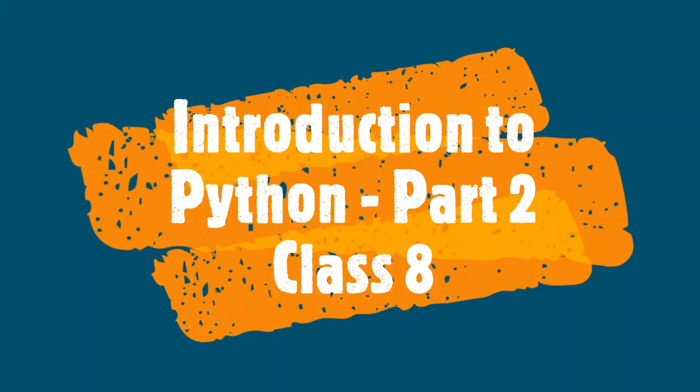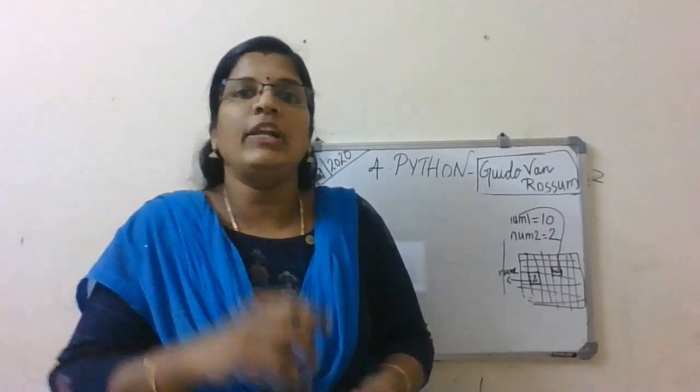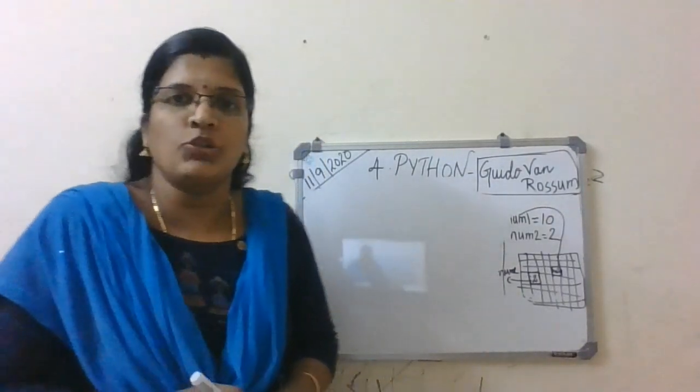Students, in the first video, we have seen what is meant by variables and what rules we have to follow to create a variable, right? Now, here we are going to start with how to assign a value to a variable. So from here, we are going to start with the second part, okay? Next is declaring a value to a variable.